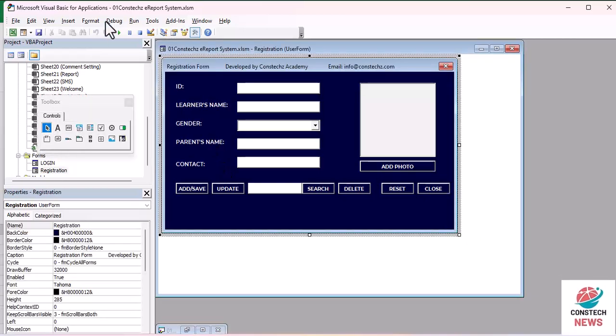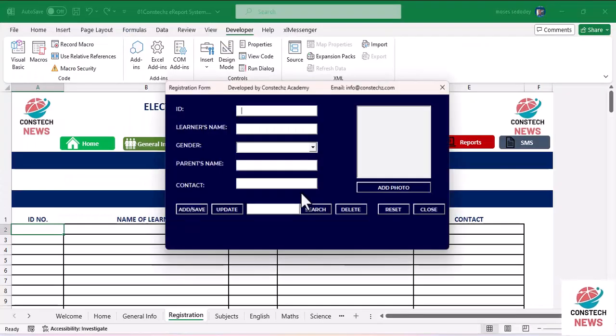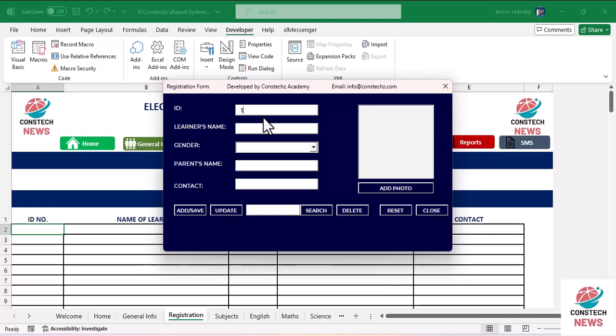So, one. Learner's name: Sedo de most. For now, this button is not working. Don't worry, we'll code it. Mail. Parent name, Mr. Sedo de Josiah. Contact 0249